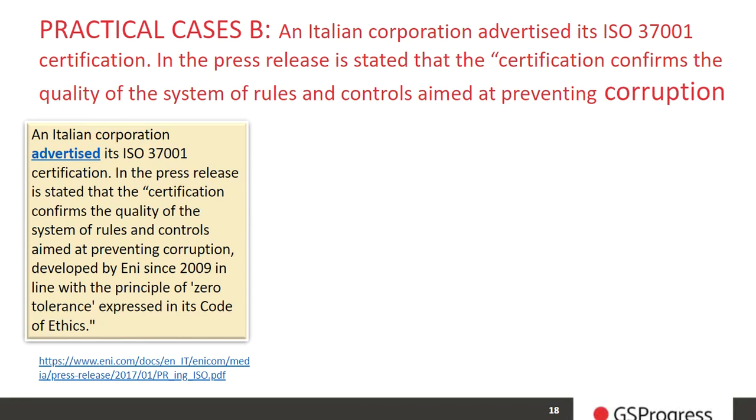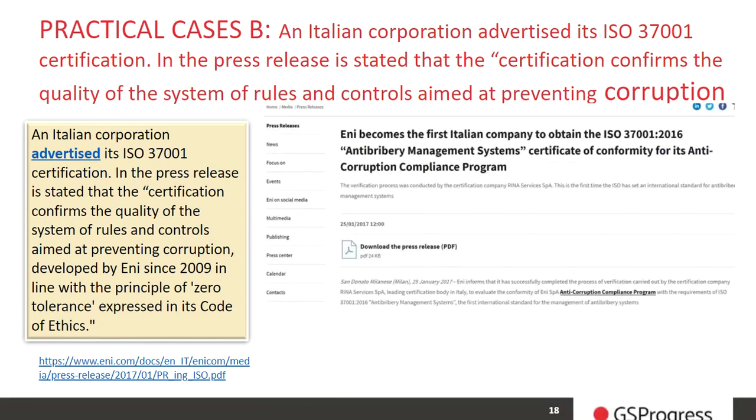The other case that now we're talking about, 37001, was one of the first certifications of a company. It was an Italian company. That's public record. You can see the link, and when we open the link, you can see how they make the advertising. It was the first and most important company that got the ISO 37001 anti-bribery management system. Okay, they said follow the rules, and after